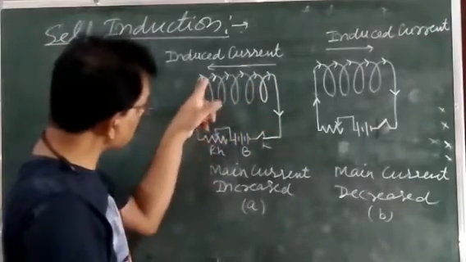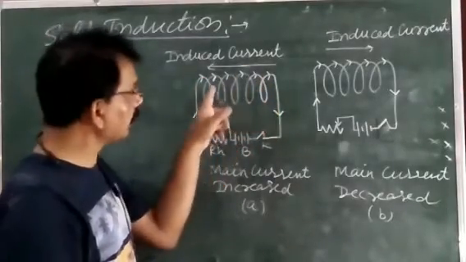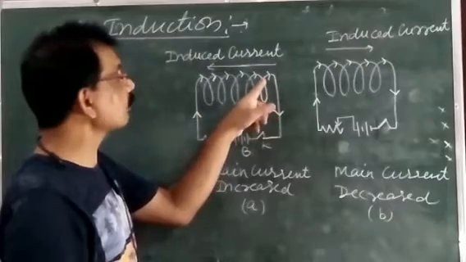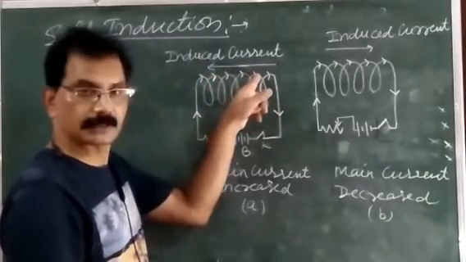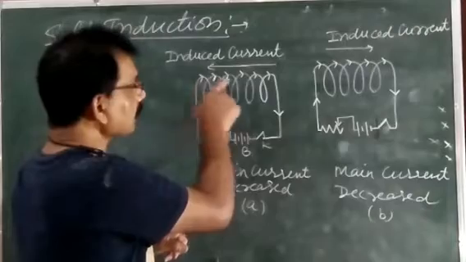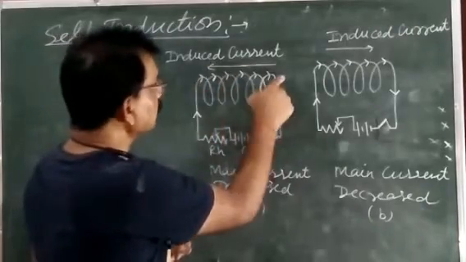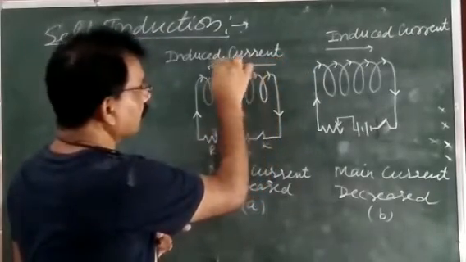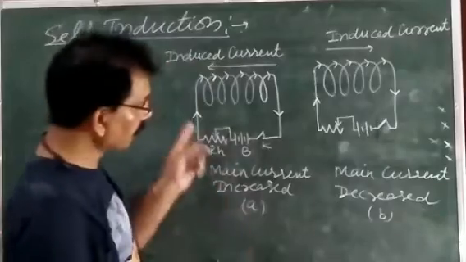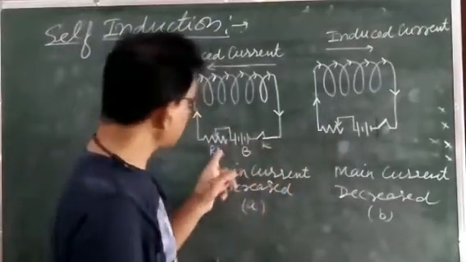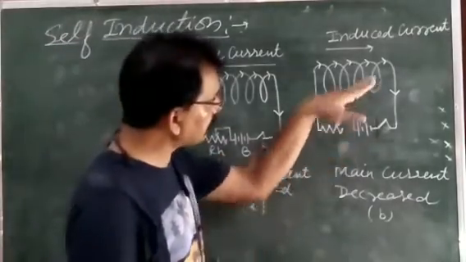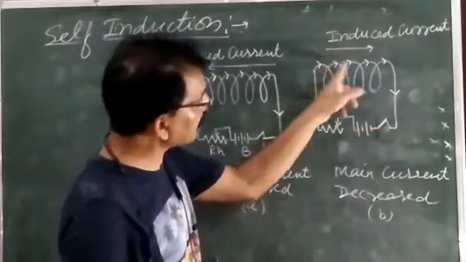Since the main current is increasing, the induced current tends to oppose the increase of the current. For this purpose, if the main current is going from left to right, the induced current will go from right to left. It's vice versa. With the help of the rheostat, when we decrease the current, when the main current decreases,